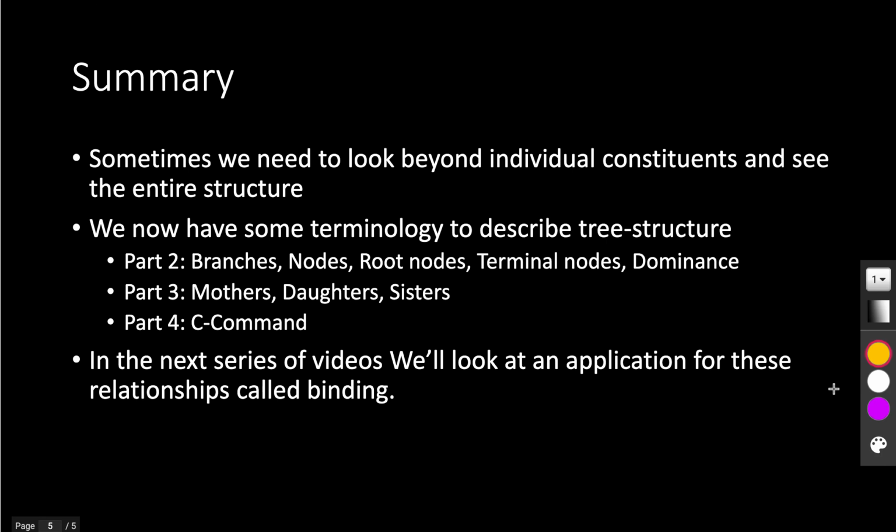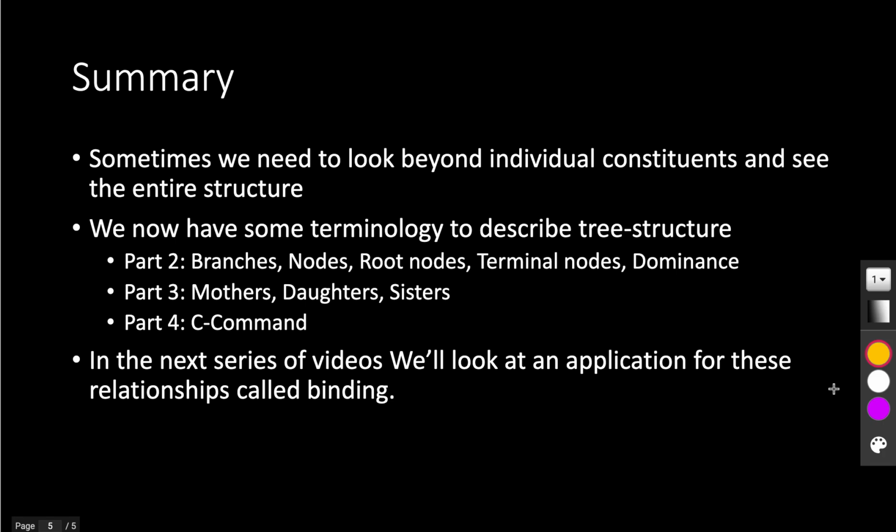So in summary, it's very important to be able to break down a sentence into individual levels of structure, but it's also helpful to look out at the tree as a whole. And there's a lot of interesting notions that we can derive when we take that approach. In all the parts, we learned some new terminology to describe tree structure. In part 2, we learned about branches, the things that connect different parts of the tree, nodes, such as N, NP, etc., the things that are connected by branches, root nodes, the node at the very top of the tree, from which everything emanates, and which dominates everything, terminal nodes, which are at the very bottom of the tree and don't dominate anything, and of course our notion of dominance,